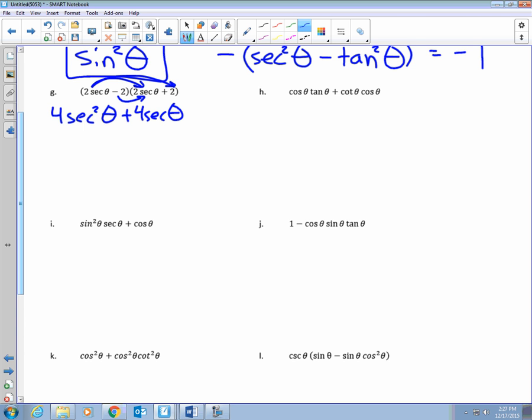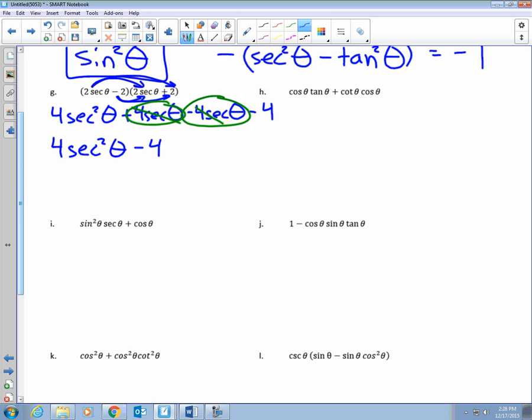Negative 2 times 2 secant. And negative 2 times positive 2. What happens to the middles? Isn't that great when the middles cancel? Go to China. We got 4 secant squared